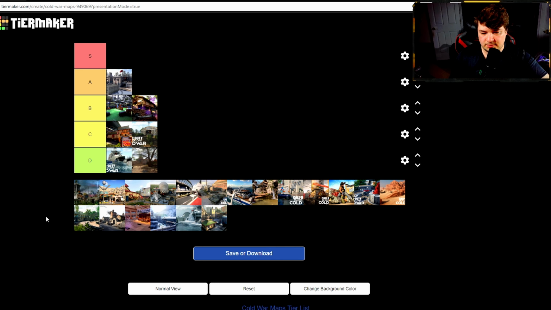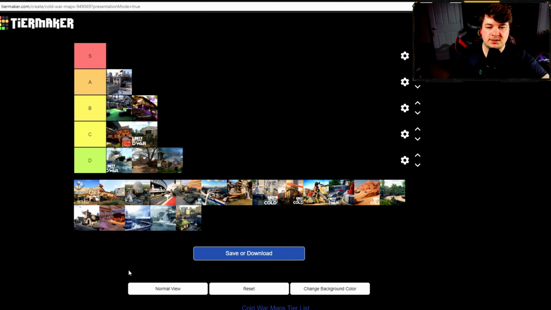So this next one, I believe, is Zoo. It's a little hard to see. I could be wrong, but I definitely think it's Zoo. D tier. A lot of the normal Black Ops maps that they remastered in this game did not play well. They were extremely slow, extremely campy. That's just my opinion. I know some people really like those remastered maps, but for me, so actually this is